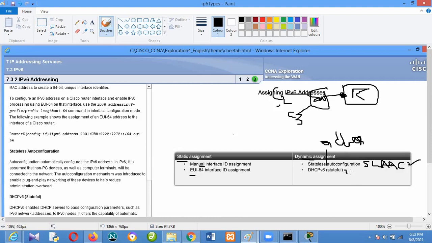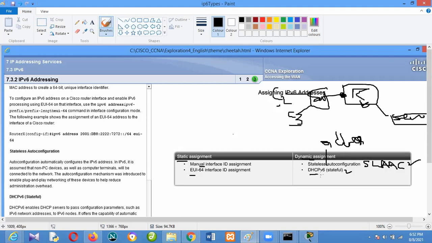Unlike this one that keeps record, if you configure DHCP on this router, as in you really configured it, or you configure it as DHCP relay, for instance, you have a server that you relay it with. That kind of IP address, when these people get an IP address of such kind, it is referred to as stateful DHCP.